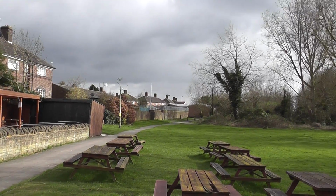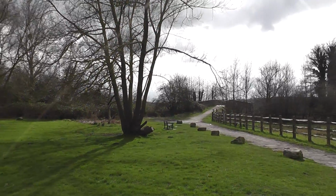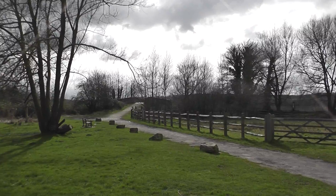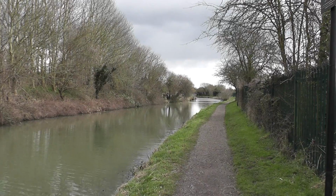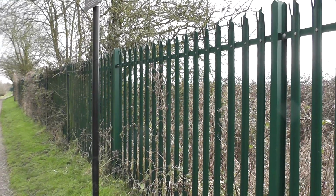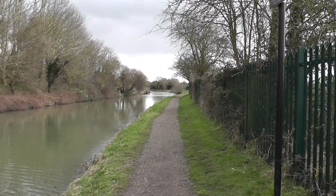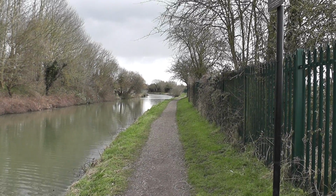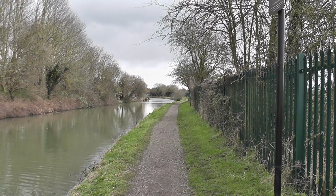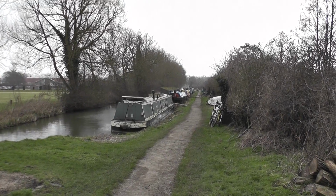Picnic tables out on this grass area, and the onward journeys over that bridge there, I do believe. Walking along Oxford Canal with the railway on my right. So 2 modes of transport, 3 if you can include the footpath that I'm on, or the towpath. The community of houseboats referred to in the text,